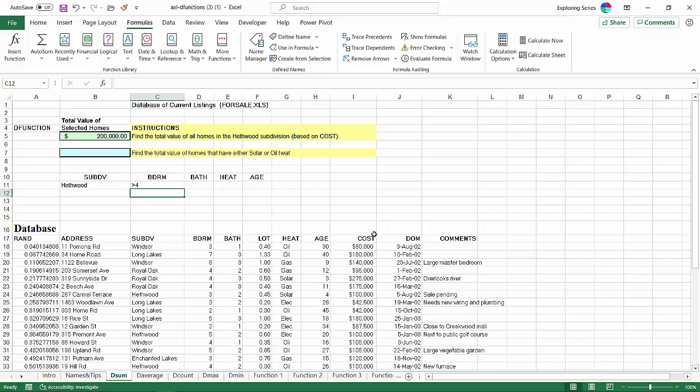Now a couple other notes about database functions before we move on. Database functions in the criteria area, or the field value area, which is really what this is. So row 11, those are the field values that you're selecting in order to filter your data. Think of it a lot like a Google search. I Google it, I put in my criteria, it tells me the answer. The first note is you can use comparison operators with numerical values. I'll say it again. You can use comparison operators with numerical values. What are those? Greater than, less than,